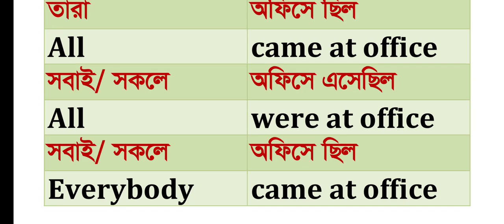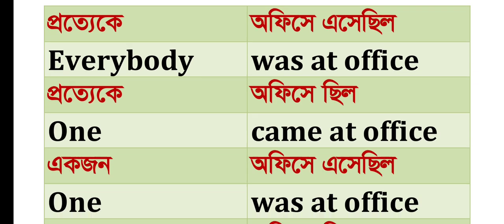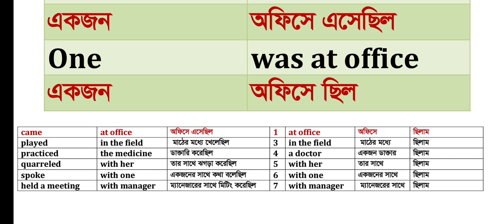all played in the field সবাই মাঠে খেলেছিল, all were in the field সবাই মাঠে ছিল, everybody came in the field প্রত্যেকে মাঠে এসেছিল, everybody was in the field প্রত্যেকে মাঠে ছিল, one played in the field একজন মাঠে খেলেছিল, one was in the field একজন মাঠে ছিল। Second, you have to read this second line, practiced the medicine ডাক্তারি করেছিল, আর এ ডক্টর ছিল।